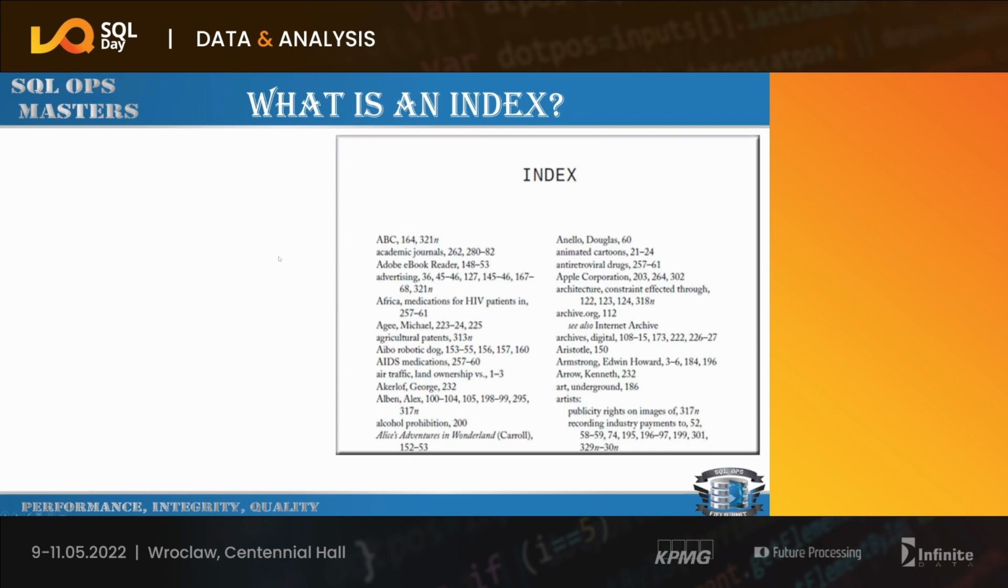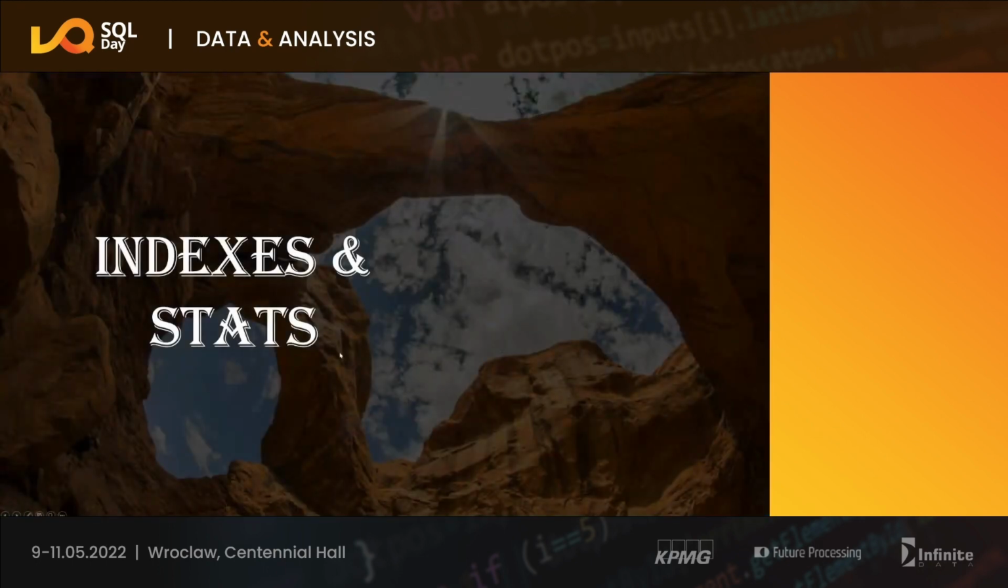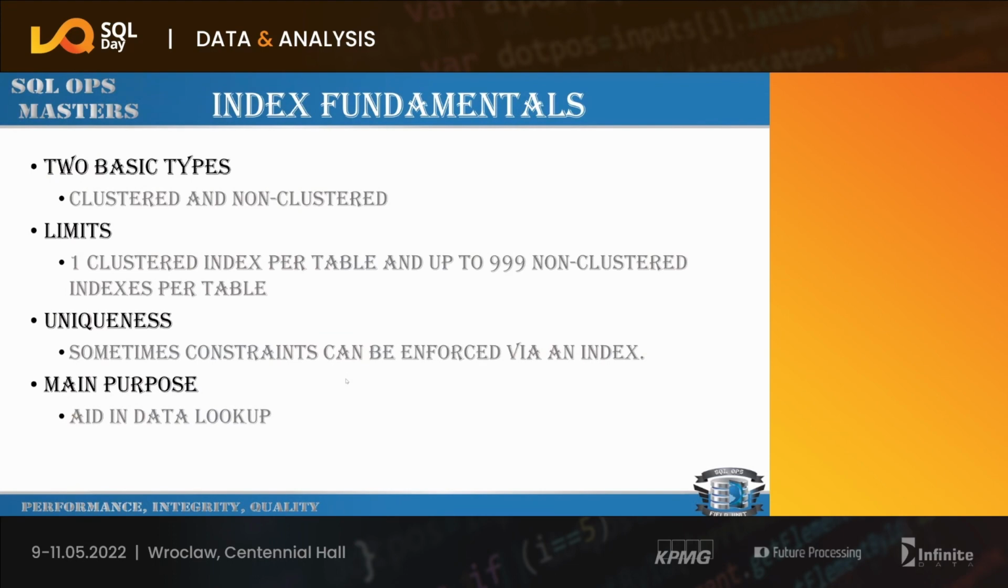All right, okay. So indexes and stats. There is a strong correlation between indexes and stats. All right, and we want to go into some of the fundamentals between indexes and stats and see what that correlation is. You can see the limits for indexes. One clustered index, as we mentioned earlier, 999 non-clustered indexes per table. We clearly knew that,